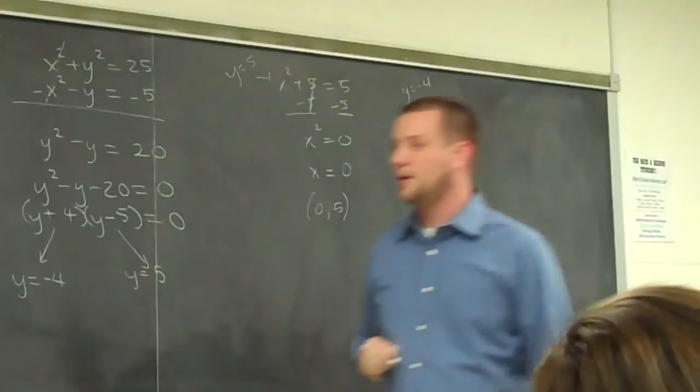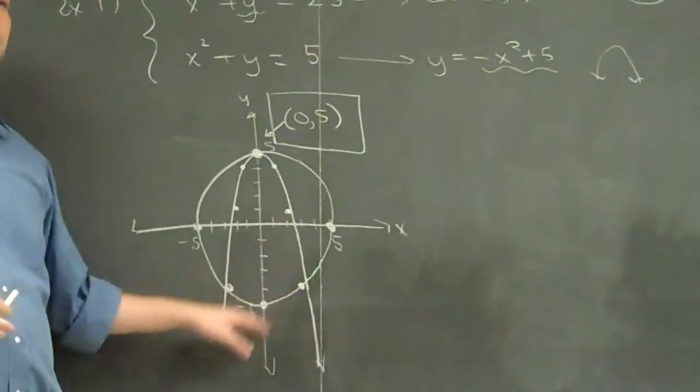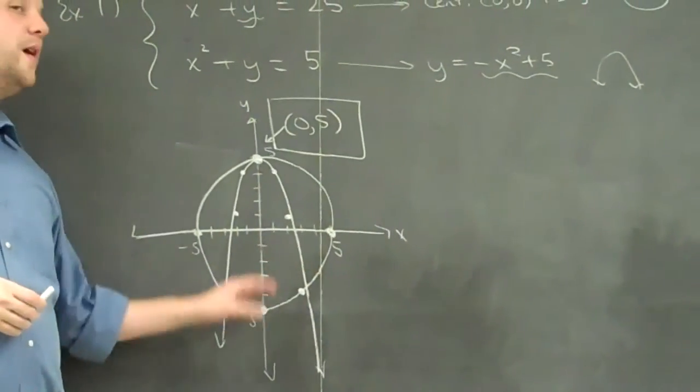But what about y equals negative 4? Does that look like maybe what's going on down here? Could these 2 points here have y equals negative 4? And when I plug in